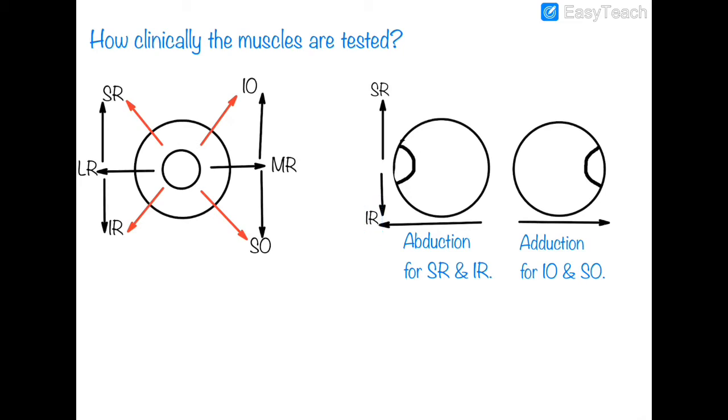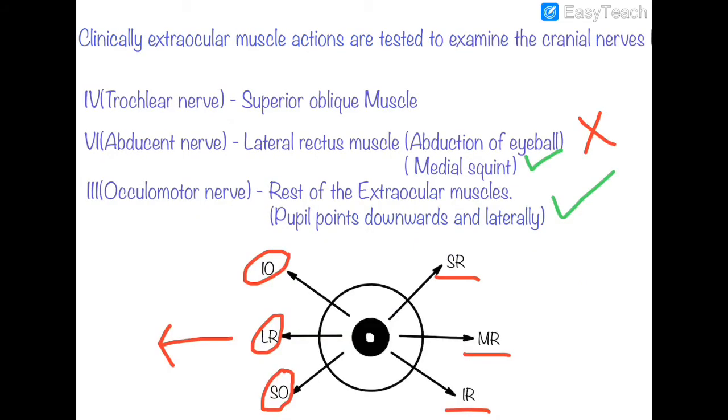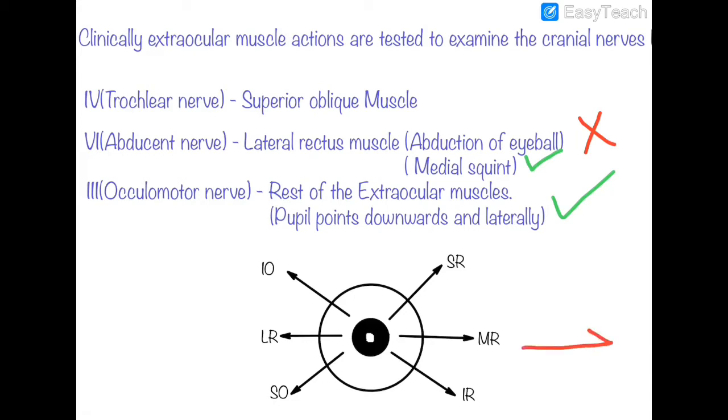Now coming to the example of inferior oblique and superior oblique. For this, the examiner asks the subject to adduct the eyeball. Similarly, again coming back to the previous example, now in case of adduction, the eyeball will turn towards the medial side, and again the muscles which mainly act to turn the eyeball towards the medial side,